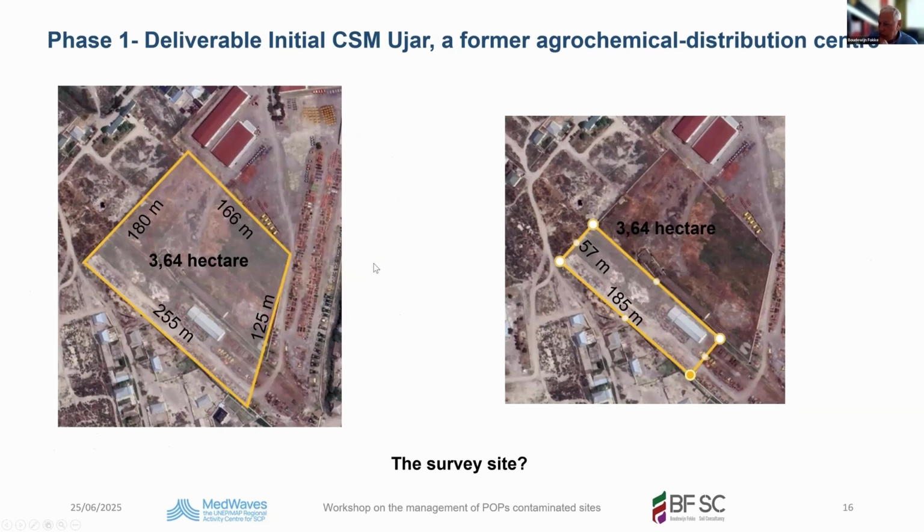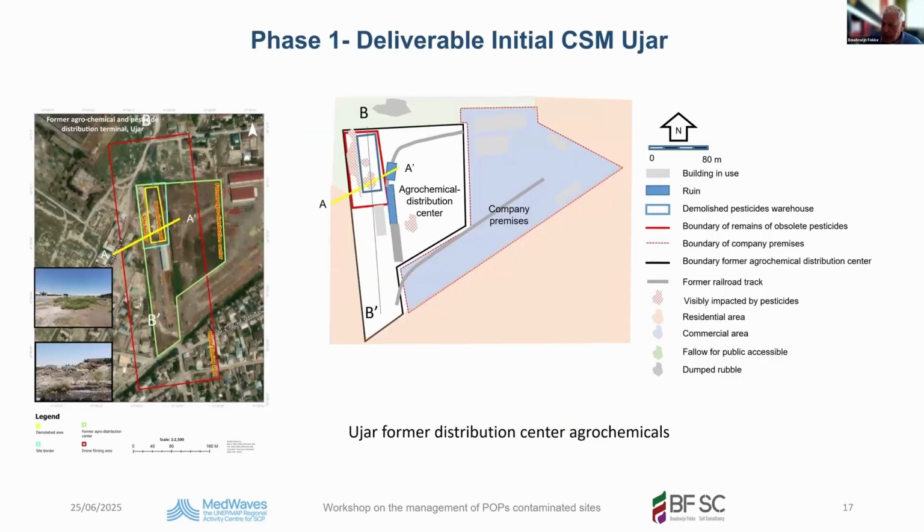And this picture is just illustrating the fact that before you do any inventory or any investigation, you should be aware and you should make an agreement on what your site is that you are going to survey, and that you are sure you are covering the impacted land or not. And in this case, it was a bit difficult, and I'll show you on the left-hand side of the picture. The green line was the complete former agro distribution center, and the inside of the blue line was the affected area. So with the aid of this area photograph, we made this map, and the map has